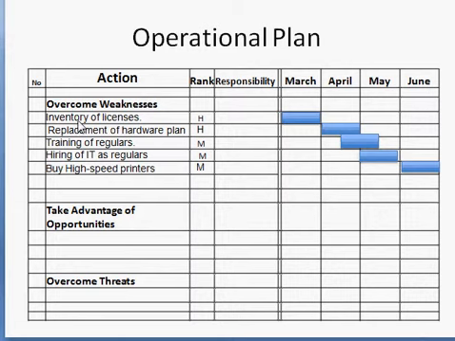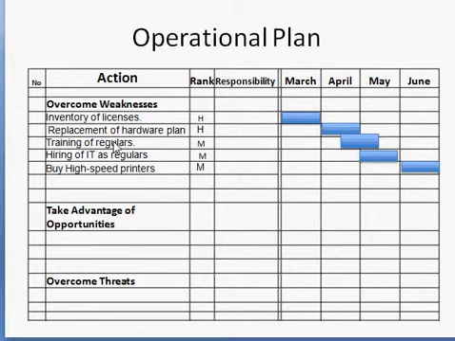Here I have completed some of the items in weaknesses. For the first one, we need to make an inventory of our licenses, which we've allocated as high responsibility, and we're going to do in March. We're going to have to make a plan to replace our hardware, again high responsibility, and then we'll do this in April. We'll have to train our regular staff on the use of the applications such as Excel and